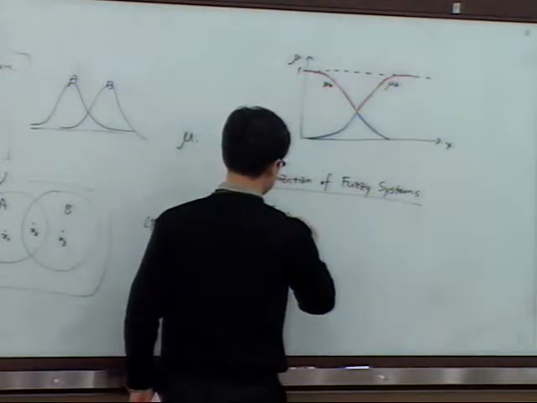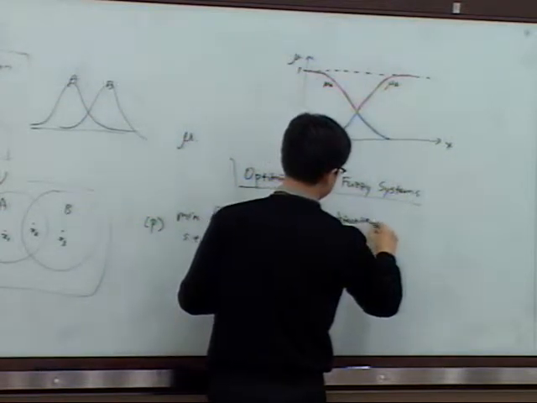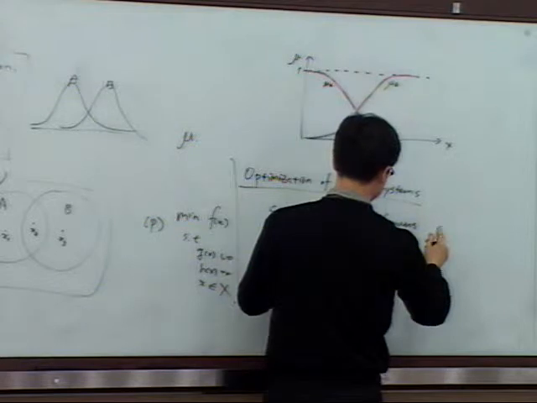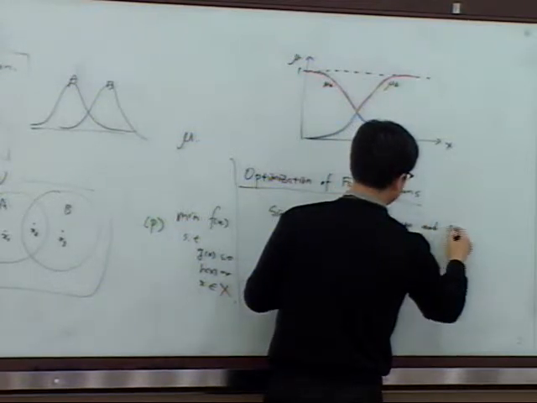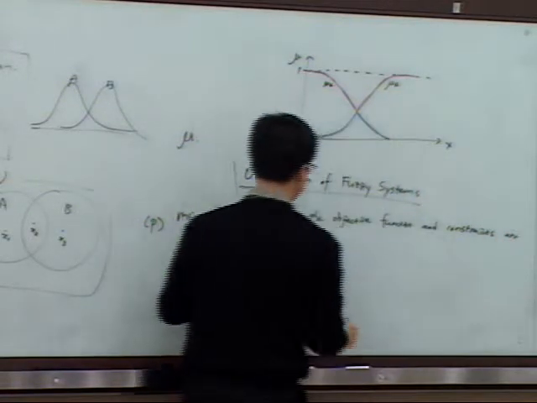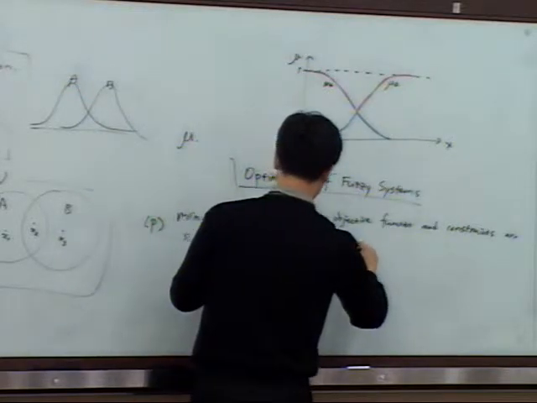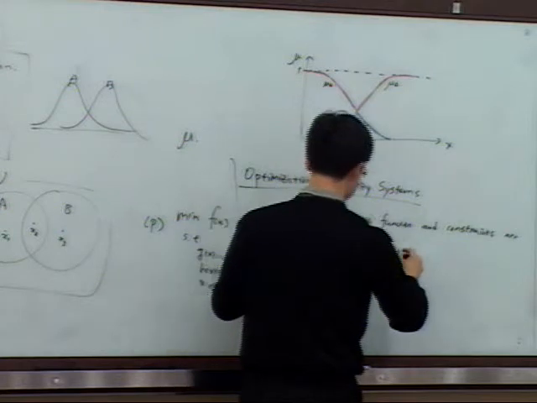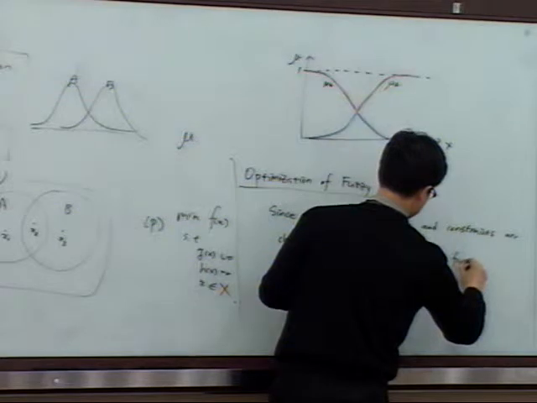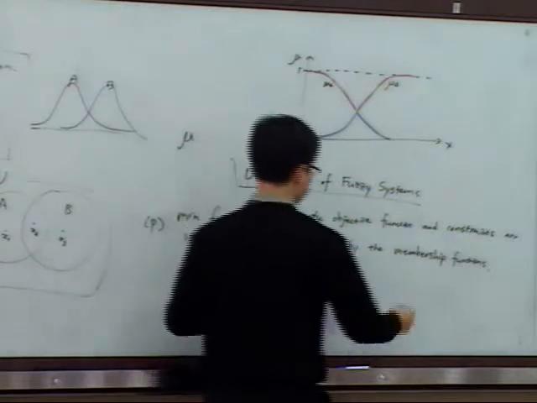Okay, let's write it. Since the objective function and constraints are characterized by the membership functions in a fuzzy system,